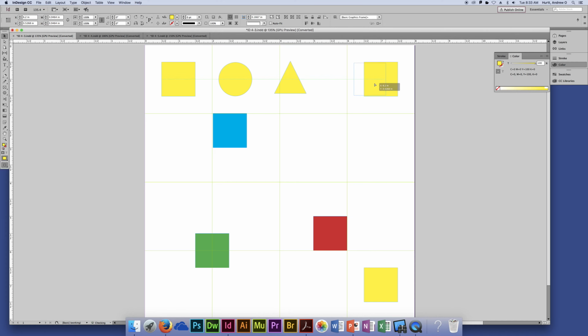What I want to do is try to make it about the same height. There we go. So let's say I'll just create another square. So we have these different shaped objects. Center them to that square first. We'll reselect